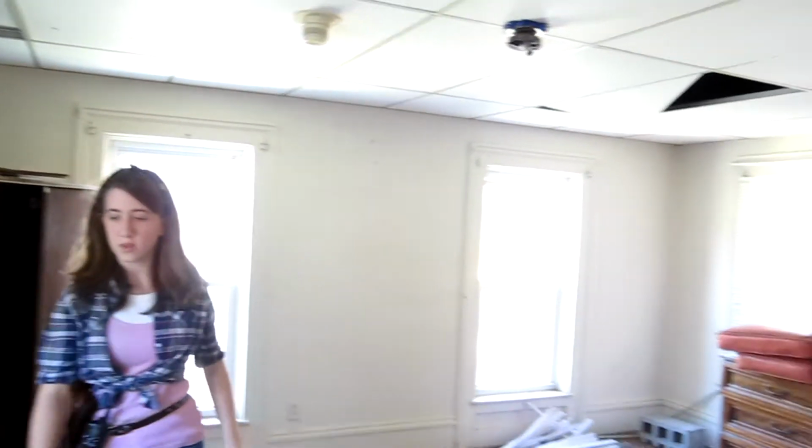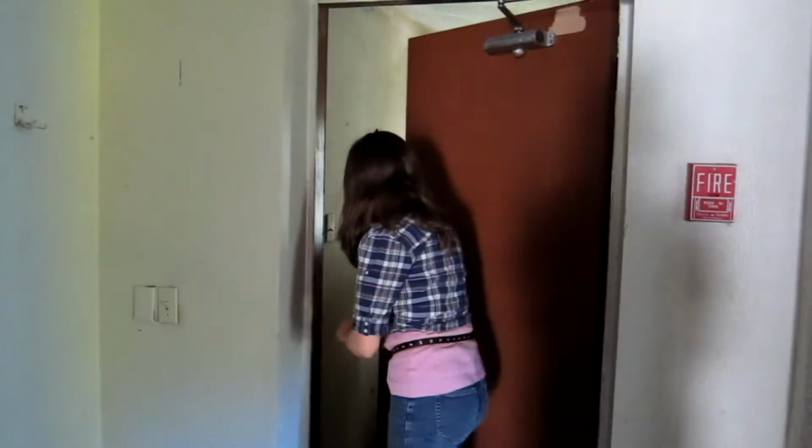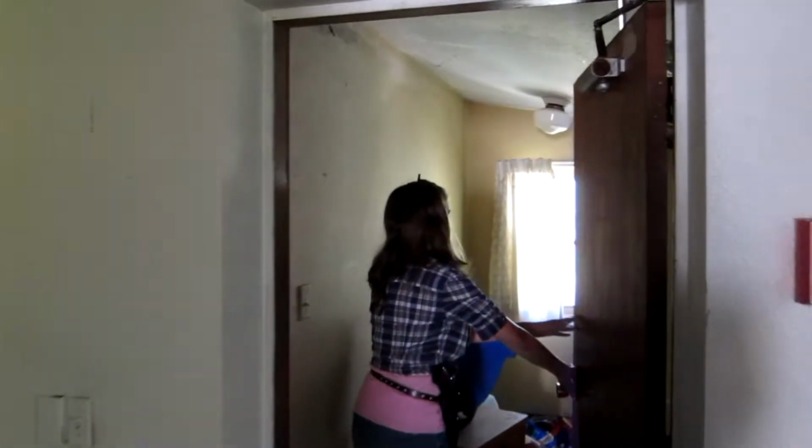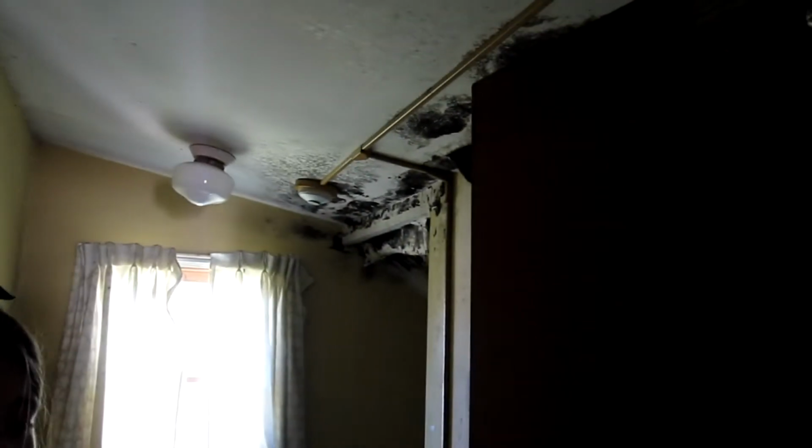Moving on, through here, another good way to tell if your house is physically haunted is if you see this black-coloured mossy stuff on the wall. Now, some people say that this is called black mold, but I will let you draw your own conclusions of that. However,